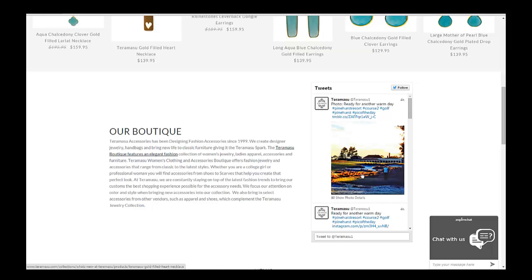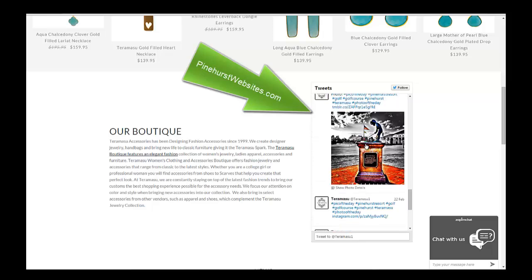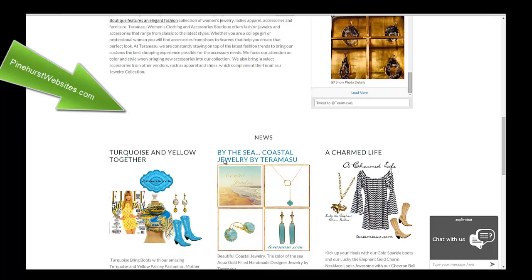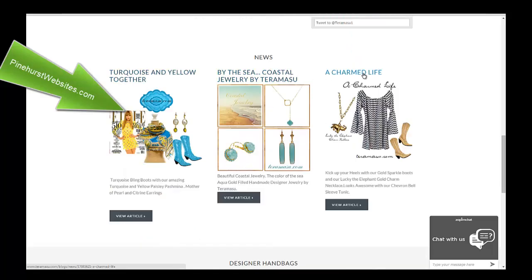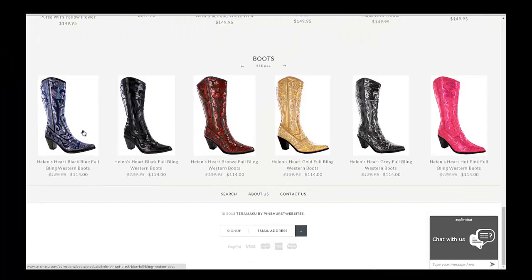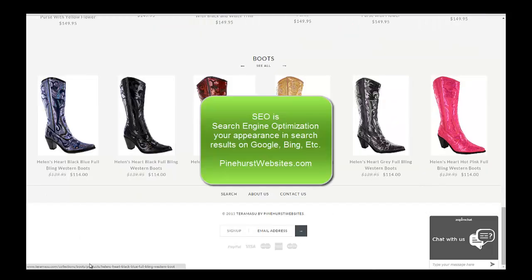Very nice. This one has a Twitter feed on it. This is our website, so we have pictures from our Instagram and Tumblr come up in our feed, as well as our tweets. And then we have our blog posts right here that come up on our site as well. So they preview on the front page, and the site has an actual blog built into it, which is really good for SEO. And then down here at the bottom, we've got an email newsletter sign up